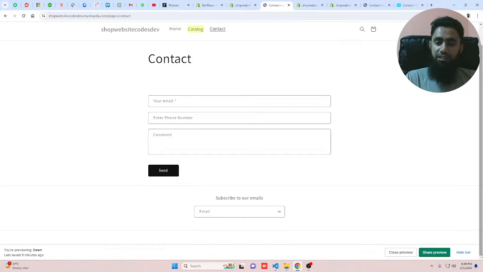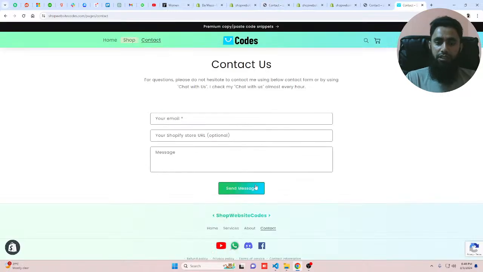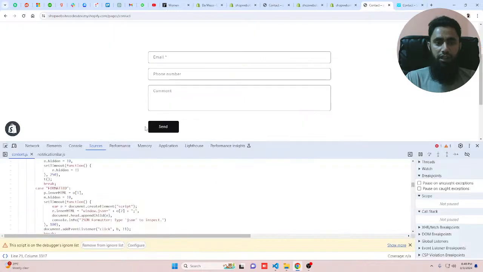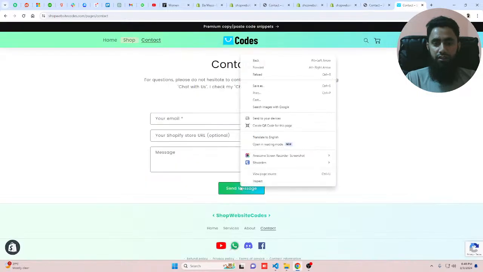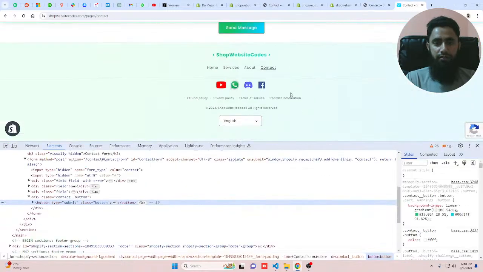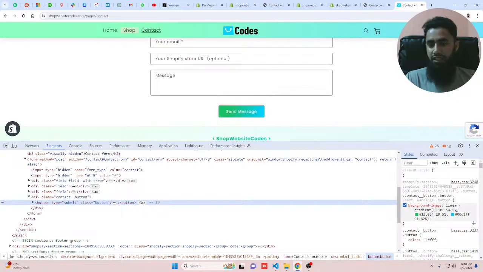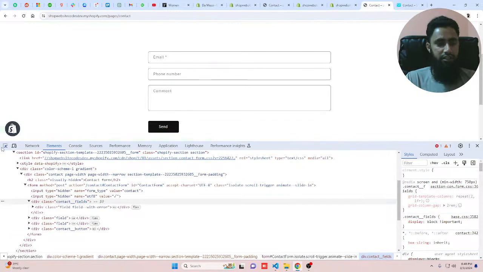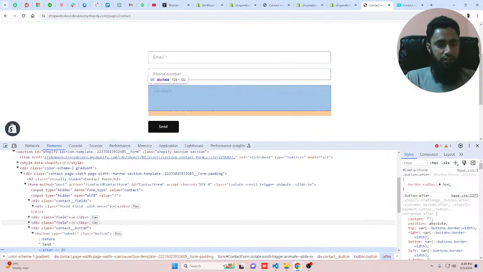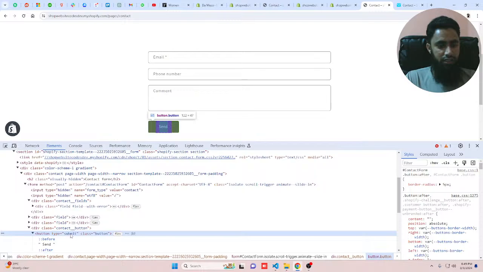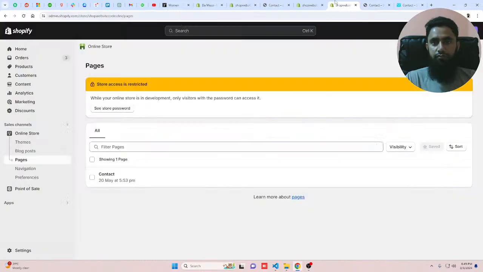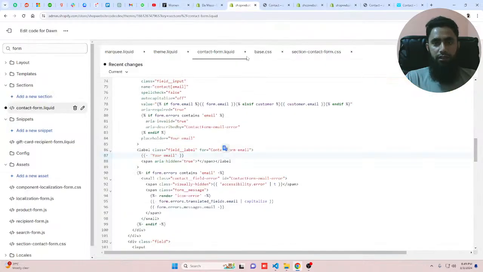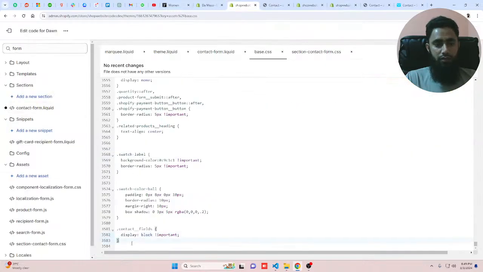And now I'm interested to use this color of the button into this one. So how can we do that? Firstly I'm going to right click on inspect, and here you can see that this is the CSS which is added here. In the same way I am going to inspect this, and this is the button here. So I am going to copy the contact button,